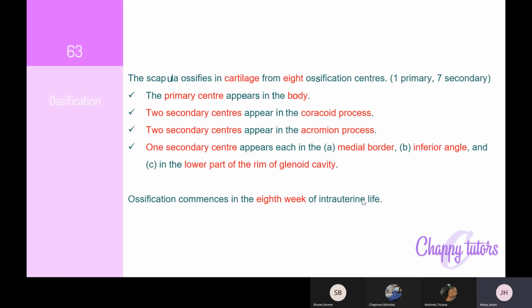Okay. Right, the ossification, right? So the scapula ossifies in cartilage, and it has 8 ossification centers, one of which is primary, and the remaining 7 are secondary centers, right? So the primary center occurs in the body, and then you have 2 centers in the coracoid process, 2 more centers in your acromion process, and then you have 1 center for each of the following, right? You have 1 center along the medial border, 1 at the inferior angle, and 1 at the lower part of the rim of the glenoid cavity. And ossification of the scapula begins at about the 8th